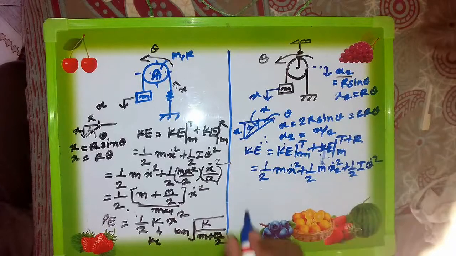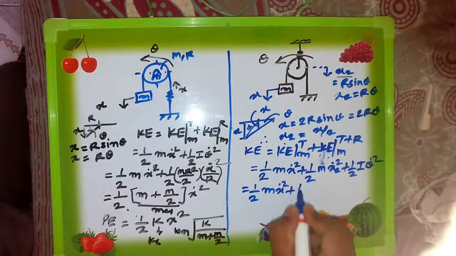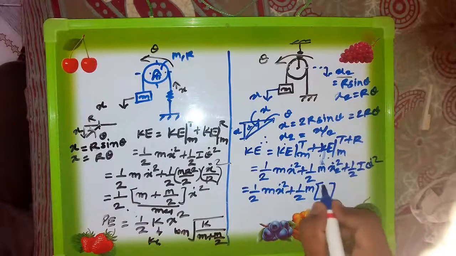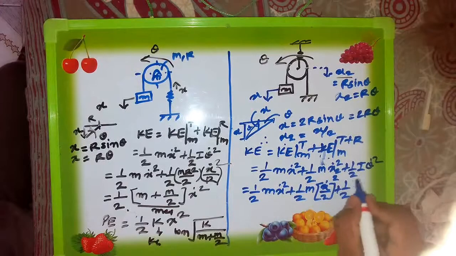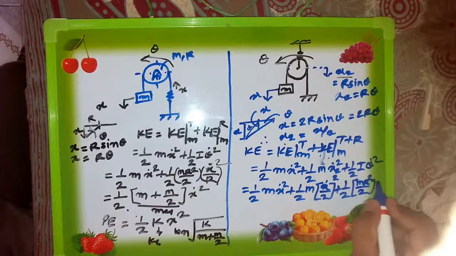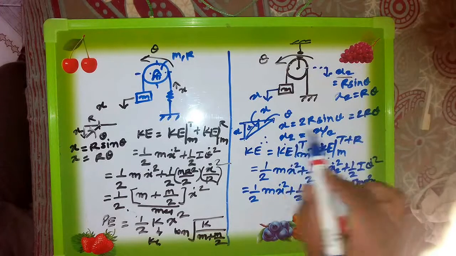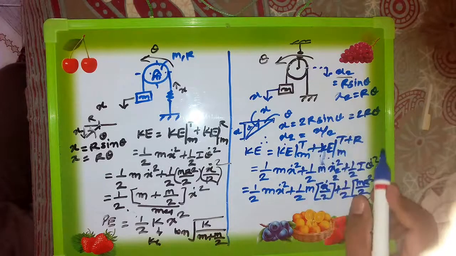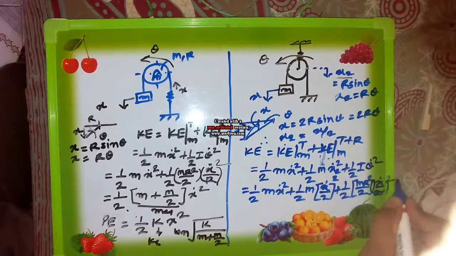theta dot squared. So this is equal to 1/2 into mass m into x dot squared plus 1/2 into mass M. What is the value of x2? x2 is equal to x by 2, so (x dot divided by 2) whole squared plus 1/2 into I, which is equal to M r squared by 2, into again theta dot squared. What is the value of theta? From this relation, theta is equal to x by 2r, so it will be (x dot upon 2r) whole squared.